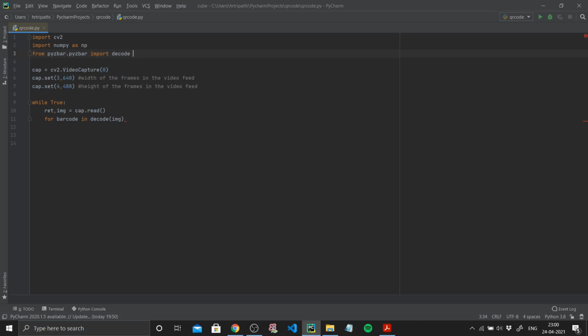It specifically returns 4 different fields, namely your data, your type, your rectangle and polygon. If you read the documentation of decode, you'll see that the data is the decoded string in bytes, and you need to decode this data using UTF-8. This is a decoding method, and this particular method helps to get our data into a string.